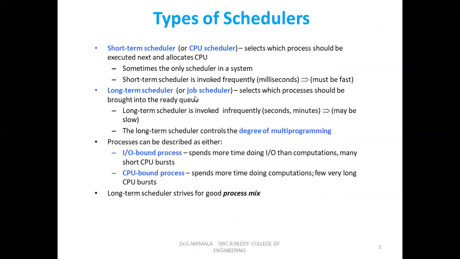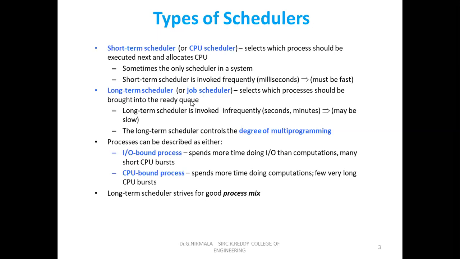It means whenever a user wants to create a program, all the programs are available in the secondary storage or hard disk. From that hard disk, with the help of the swapping operation, programs which are going to be executed by the user are moved, meaning you want to shift from the user mode to the kernel mode. That is done by the long-term scheduler or job scheduler. It selects which process should be brought into the ready queue, that is, from the job queue to the ready queue.